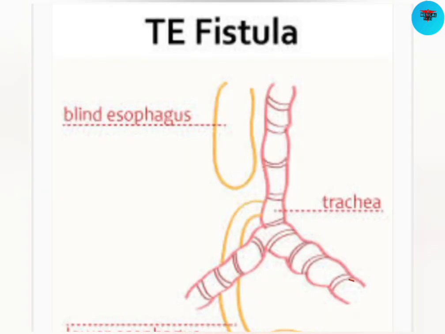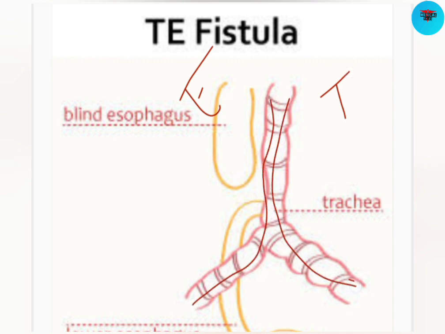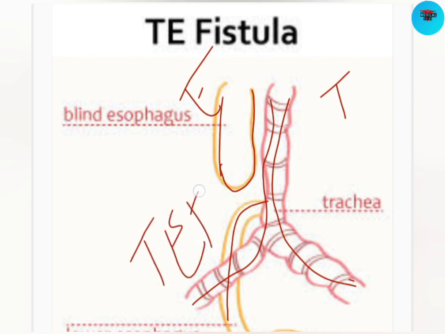Okay, here in this picture you can see this is the esophagus. This is the trachea. The trachea is properly formed, but the esophagus part is not well formed. Okay, so the proximal tube of that esophagus is blind, and the distal part is attached to the trachea. Okay, so distally there is a tracheoesophageal fistula. This is the common type of tracheoesophageal fistula in patients. So this is the X-ray we saw before.